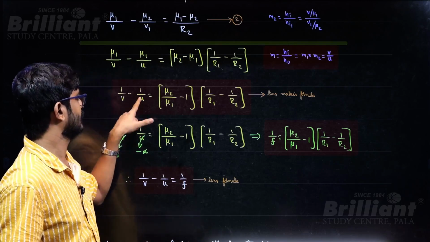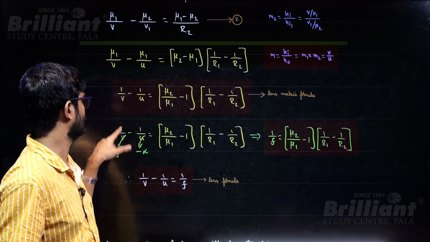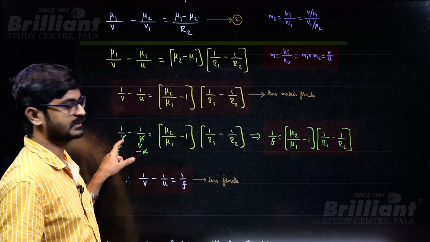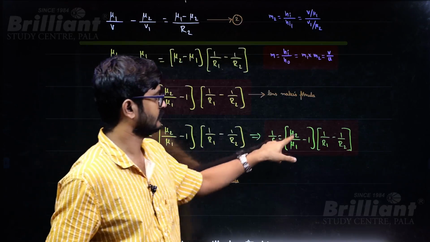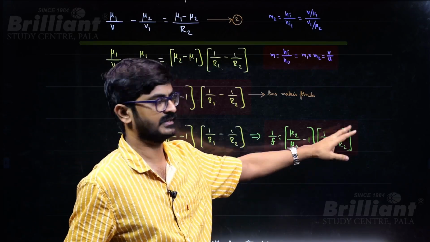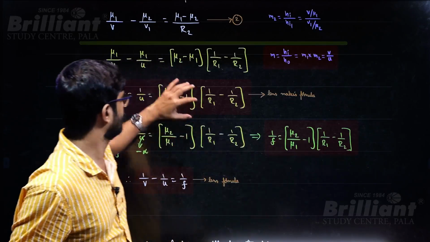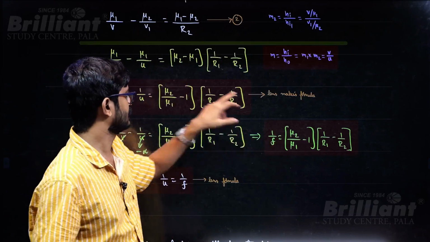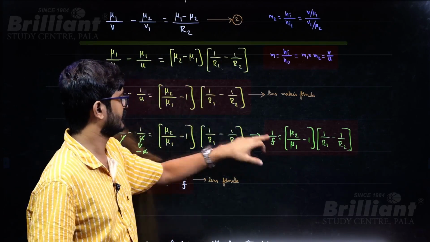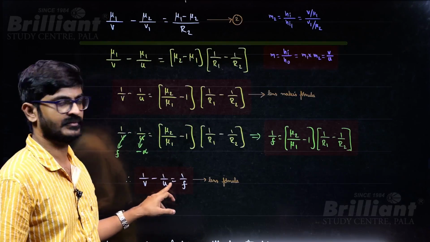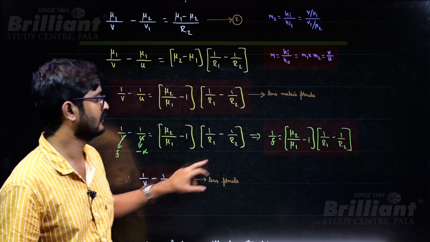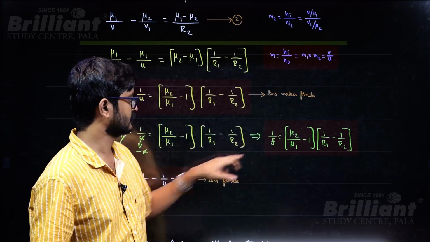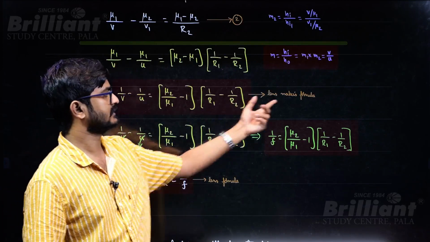Now we know by definition, when you keep the object at infinity, wherever the image will be getting formed, we call it as focus, and that particular length is called as focal length. So from here you can see 1 by f equals to mu2 by mu1 minus 1 into 1 by r1 minus 1 by r2. Generally we don't write this thing, we will just substitute this back. This entire thing is 1 by f, so when you substitute it back, you will be getting 1 by v minus 1 by u equals 1 by f. Generally we will be writing this formula. Whenever we need 1 by f, we will use this. So we will use these two instead of this one,